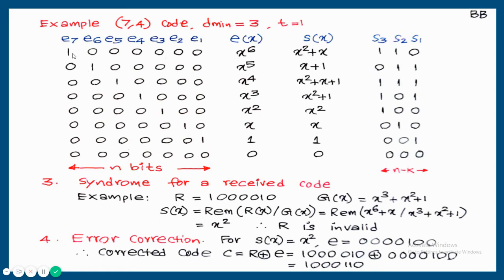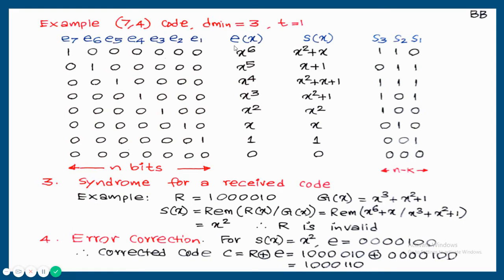That is why only a single 1. If it could detect and correct 2 bit errors, then combinations with two 1's would also come here. But for a 7,4 code, its capability is only 1 bit error. That is why the total number of error patterns is 7C0 plus 7C1. This is 7C0, so only 1 combination. These are 7C1, a total of 7 combinations. Each error pattern is written in polynomial format here, just for doing the division.